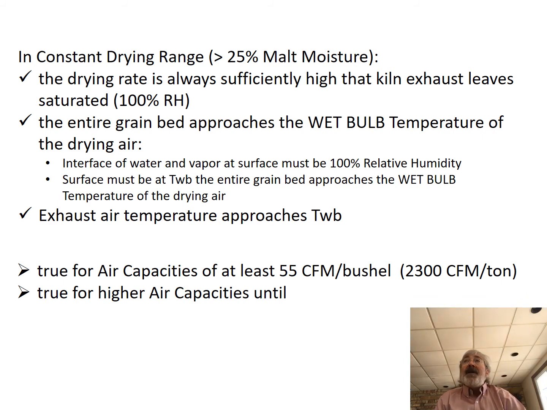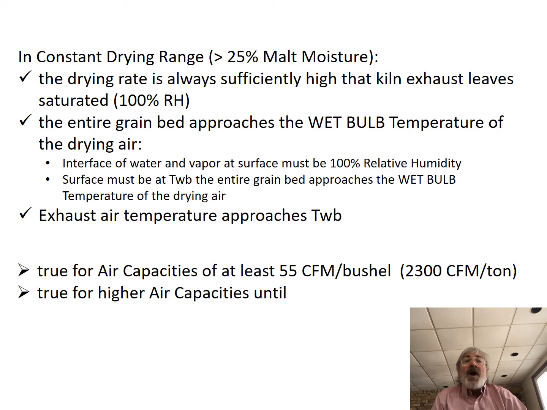If I find that I don't have saturated exhaust, if I find that my humidity isn't 100% by measurement in the kiln during the constant drying range, when I'm above 25% moisture, then I probably have a problem. I probably need to go find out where there's a hole with air bypassing the kiln. Okay? Nothing more than a waste of energy. Anyway,